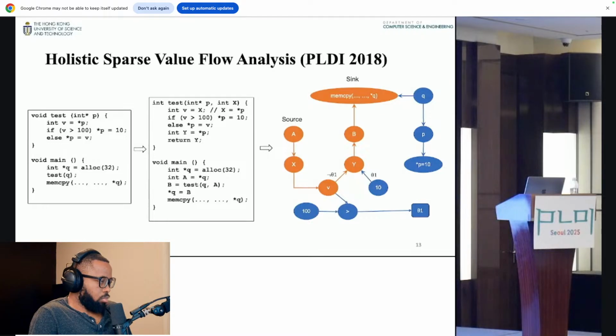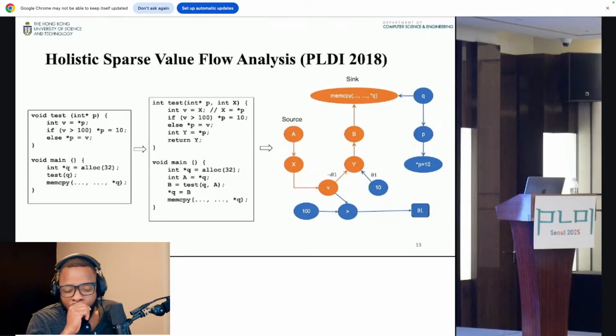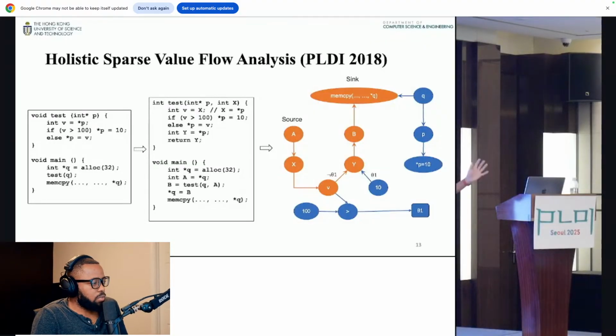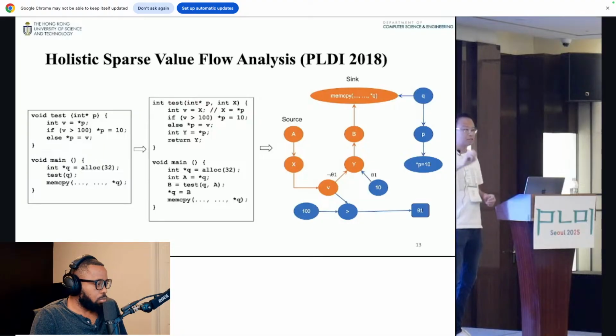So in transforming that, then we transform the caller, which is the main function, so that the result is that everything is purely data flow. Right? We don't have a two-level pointer here. If we have a two-level pointer, there will be a sort of alias that also flows. But after this transformation, in the graph on the right side, there are no pointers. Well, data flows. If the data is an actual literal integer or float, it will represent the flow of that value. If the data is an address, it will represent the flow of a pointer.